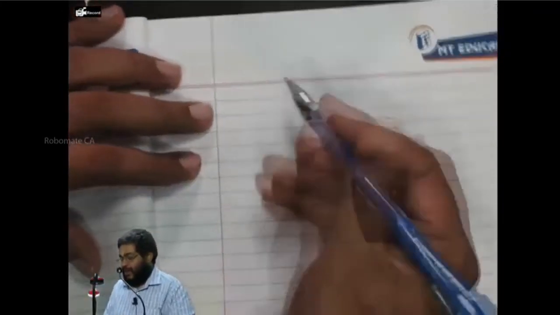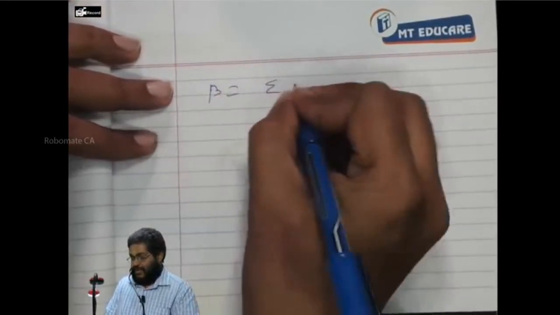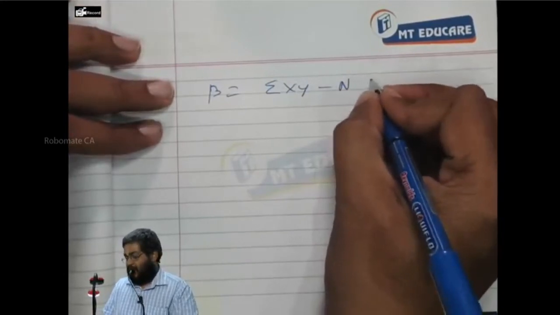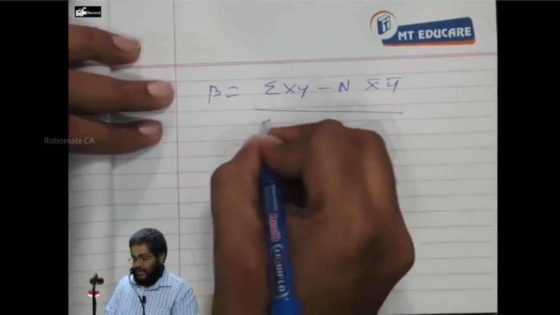Tell me the first formula once again. Beta is equal to sigma xy minus n x bar y bar divided by sigma